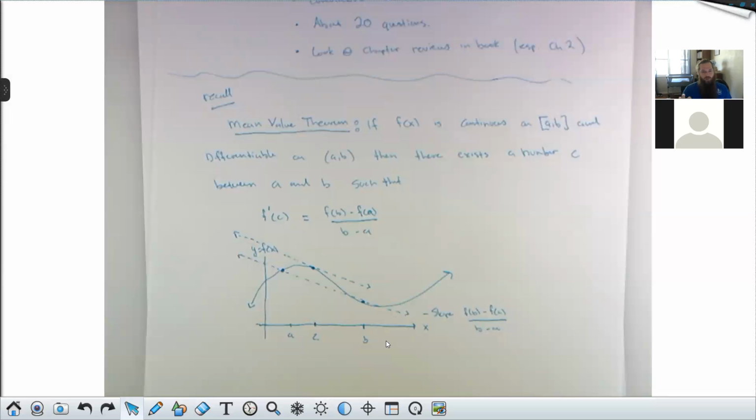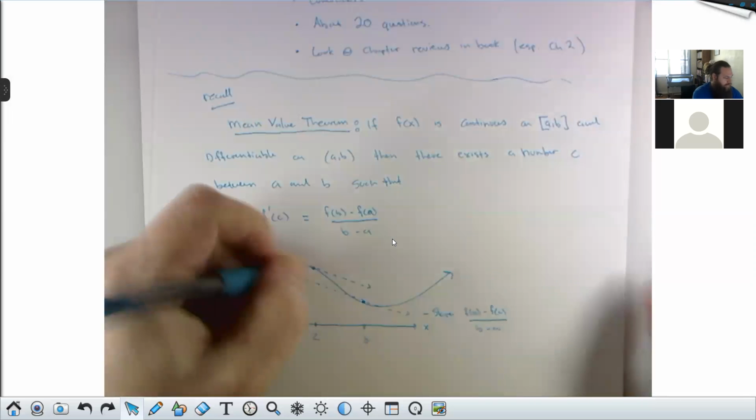This tool is so powerful for proving other theorems because it lets you go from an average rate of change, which is what this is, to an instantaneous rate of change, which is what this is. So it tells you, given an average rate of change, somewhere between there, your instantaneous rate of change had to match. And one of my favorite ways to think about this